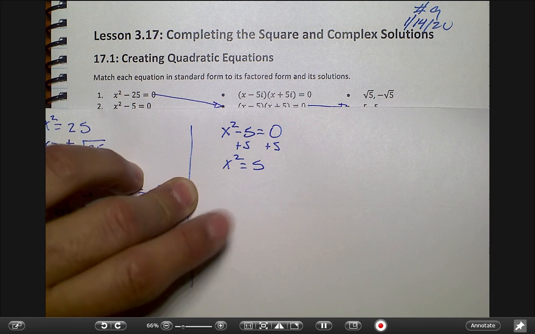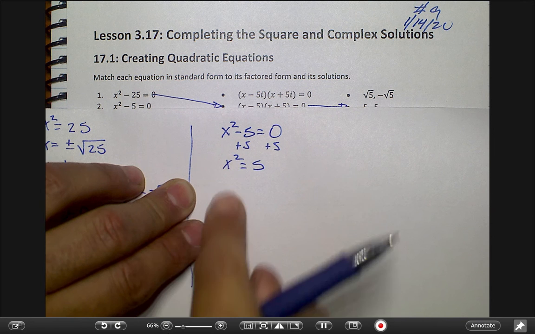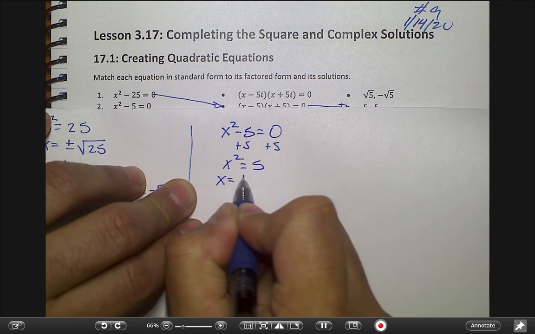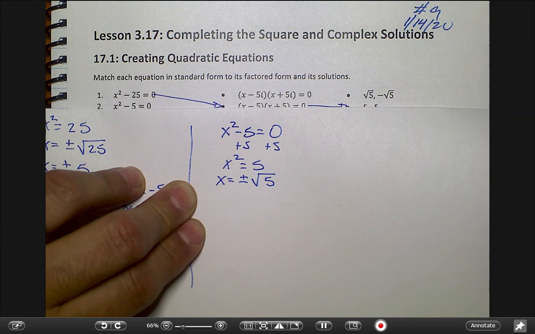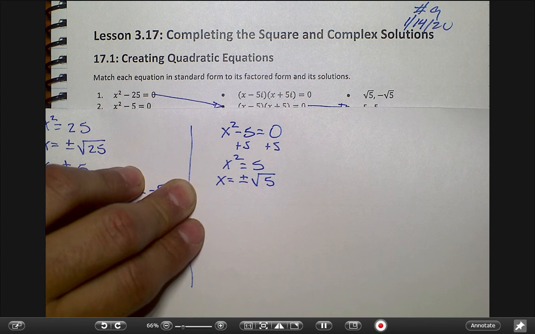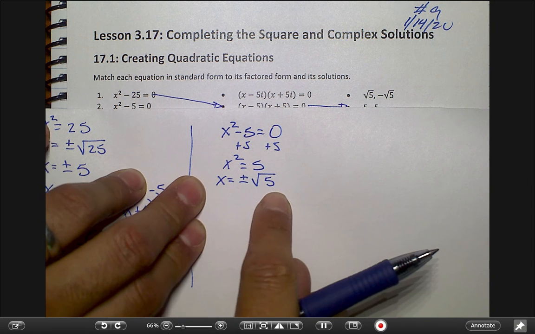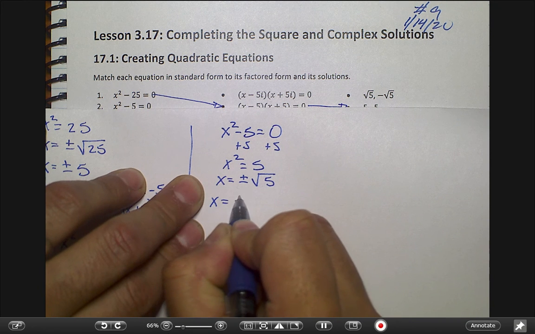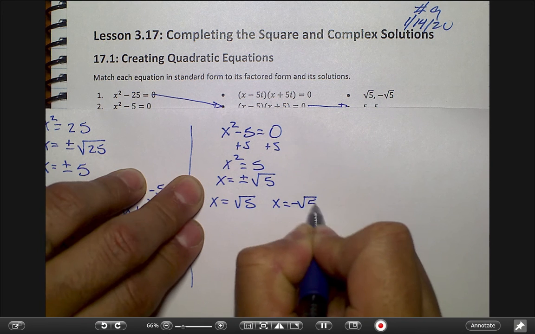And to solve for x, what would I do to get rid of the square? Square root. So x is equal to plus or minus square root of 5. If I write it as x equals positive root 5 and x equals negative root 5,